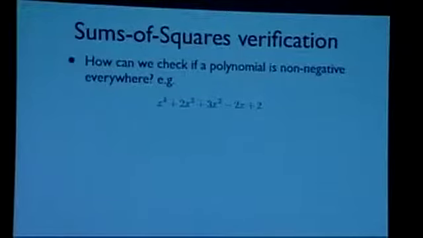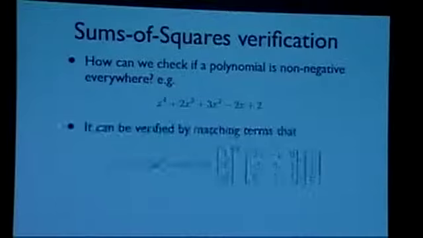hard to compute exactly. It's something that mathematicians have studied for a really long time, how to check this sort of thing. Semi-algebraic optimization is a big area. So a really powerful tool from that is what is called the sums of squares relaxation. Now it's a sufficient condition for this to be positive everywhere or non-negative everywhere, but it's not necessary, but it's